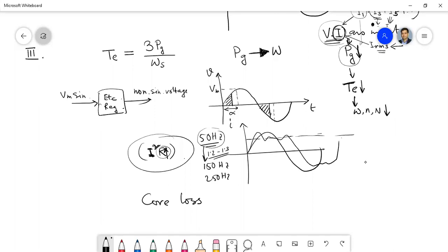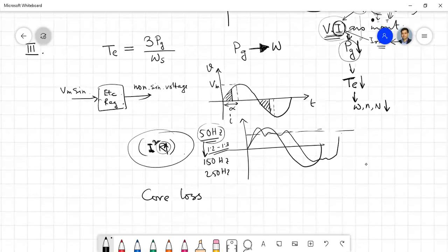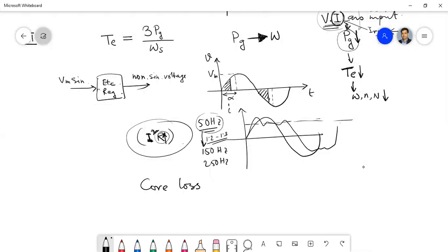Clear. Now, one more problem you can experience in case of transformer, that is the possible resonance with the line inductance and capacitance, because transformer generally has some, if you see the equivalent circuit, transformer generally has some resistance and inductance, and it is designed such that it would not create any resonance with the line capacitance.